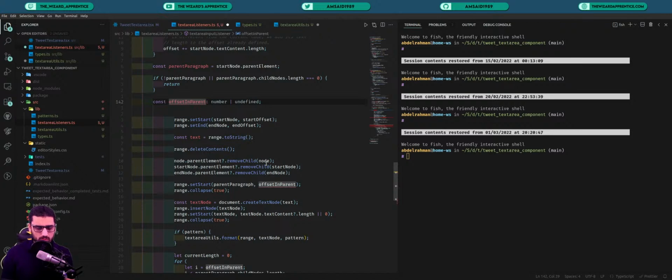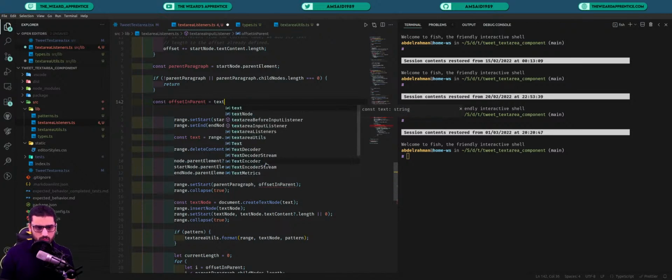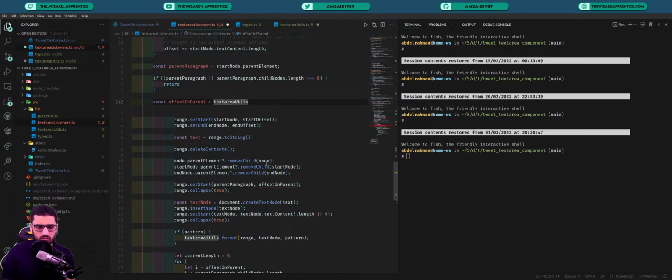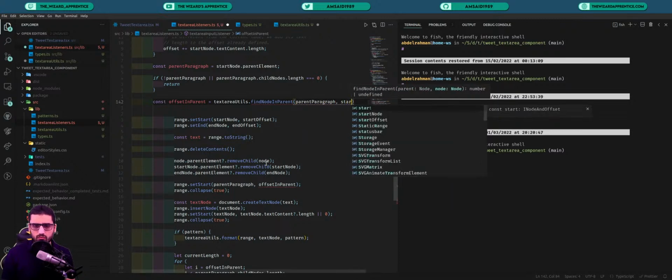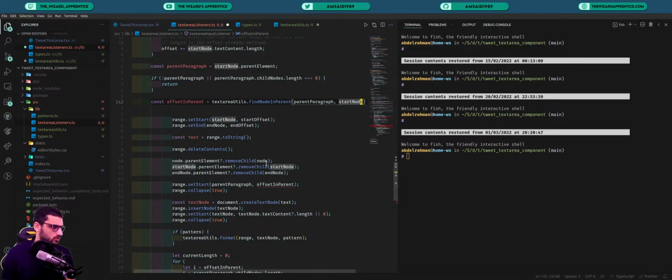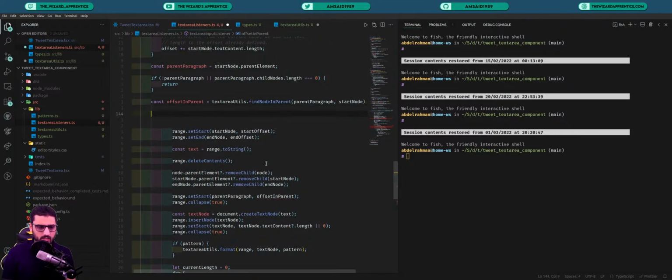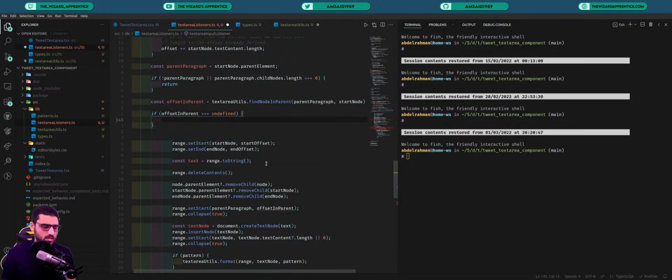We will just use the functions that we created earlier, which is find node and parent. Parent will be parent paragraph and node will be start node in this case. If offset in parent equal undefined, then again we return,